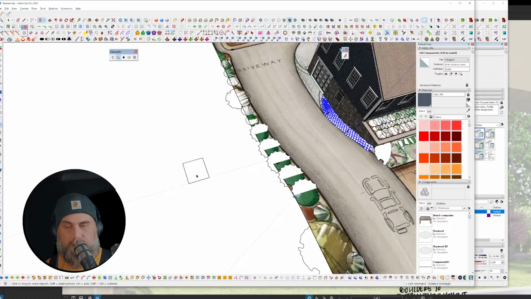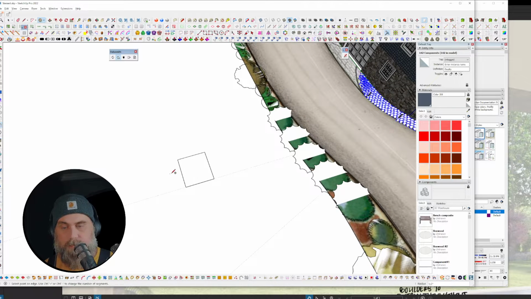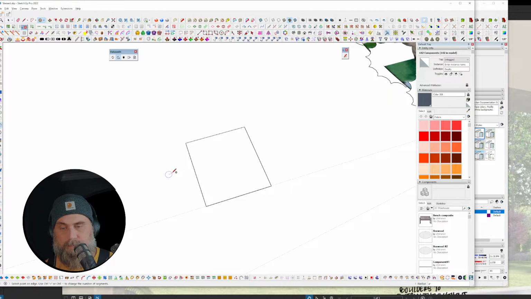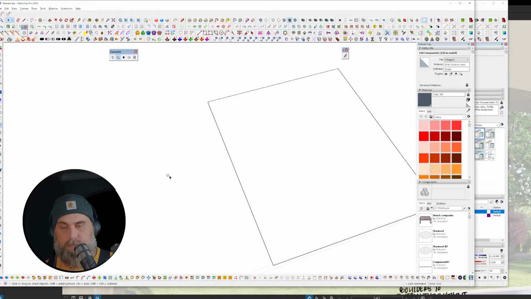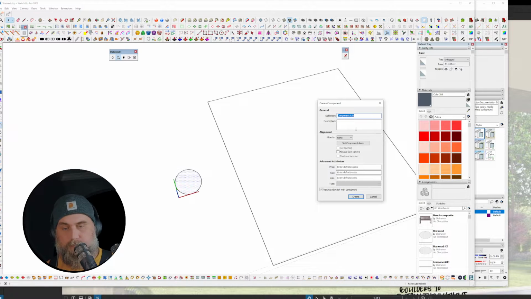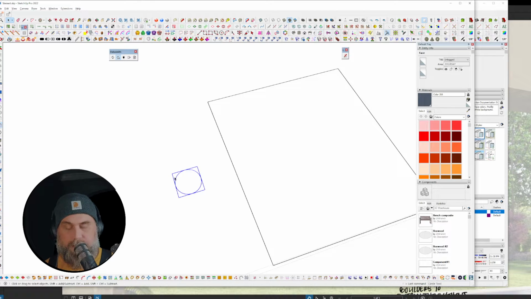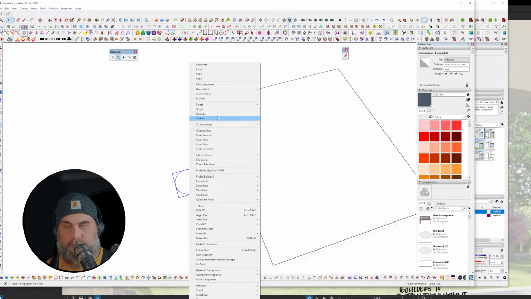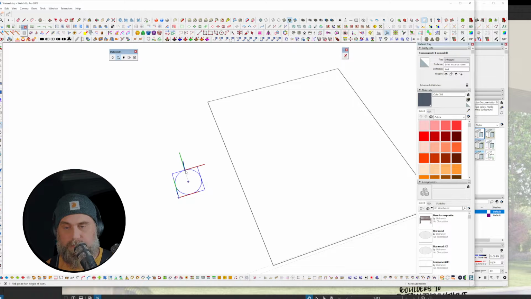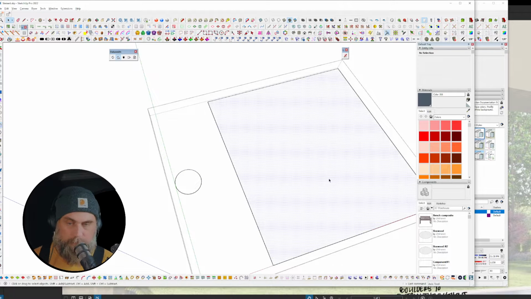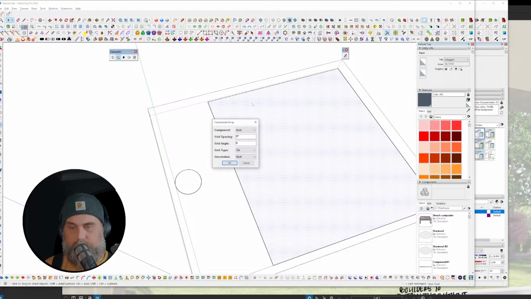So just to kind of quickly demonstrate here, if I had a face there and we had something a little bigger than that, something like this, I made it into a component. We gave that a name called test. Oops, I actually wanted to set the axis there in the center, like that. And I want to put both of these in the group, and that way I'm going to select the face, I'm going to run the plugin, and that way the only component available in here is the one